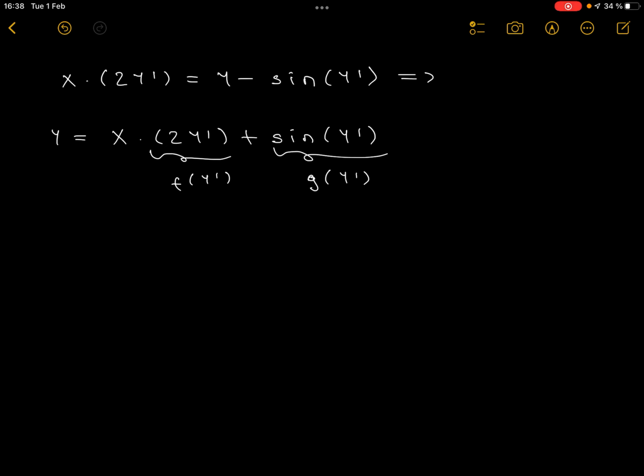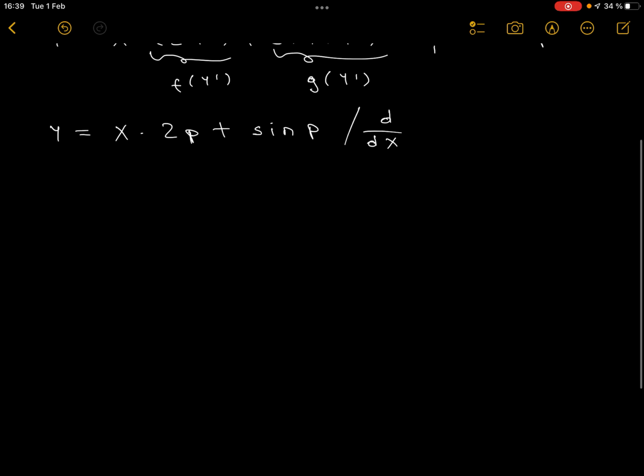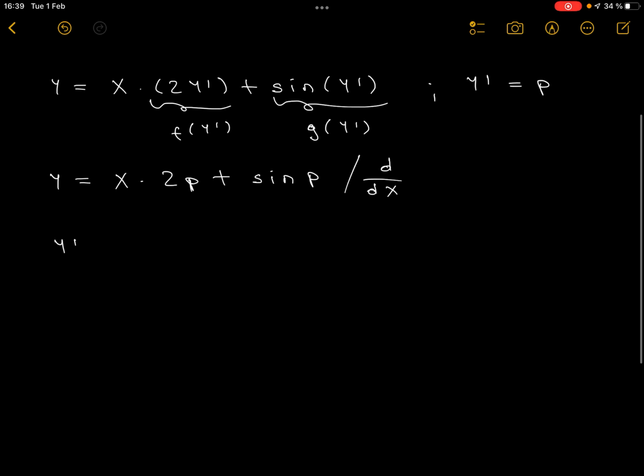Okay, now how do we go about solving such types of equations? We always make a substitution. y prime is equal to p. So that allows us to rewrite our equation as y equals x times 2p plus sine of p. And now we can just go ahead and differentiate both sides. So y prime, and of course p is also a function of x, it's not a constant. So y prime is equal to, here we're going to use the chain rule,